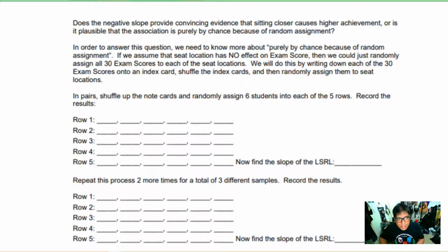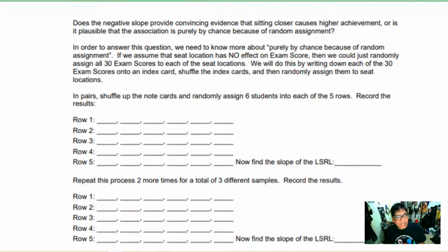Or is it plausible that the association is purely by chance because of random assignment? And let's face it, that could be the case here. Maybe we just happened to assign a lot of the higher scoring students to the front of the room, purely by chance. So in order to answer this question, we need to know more about what this means, purely by chance because